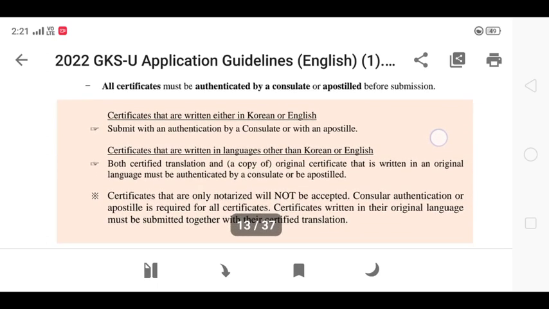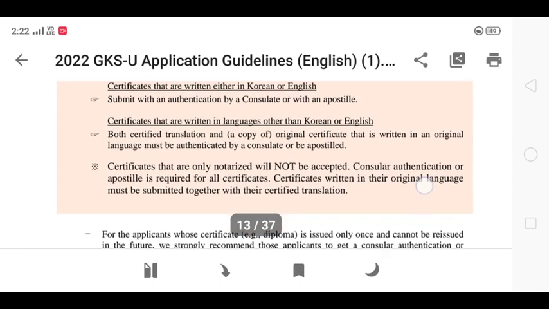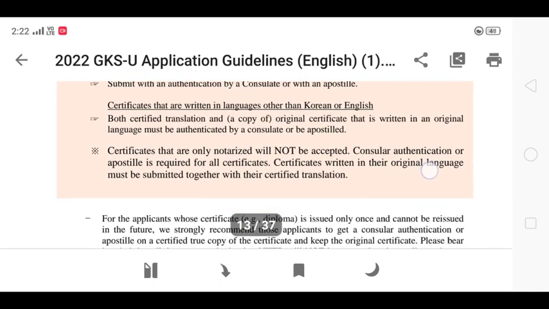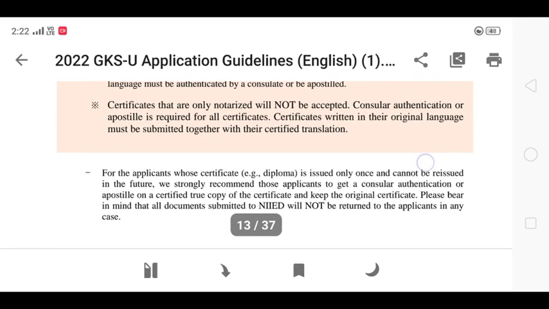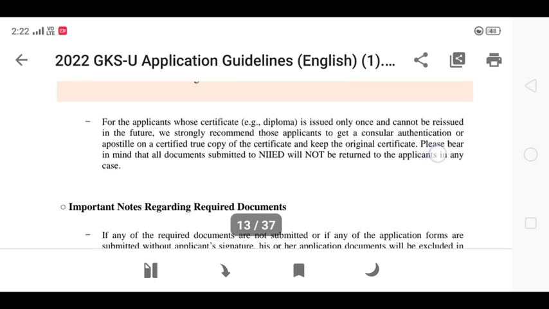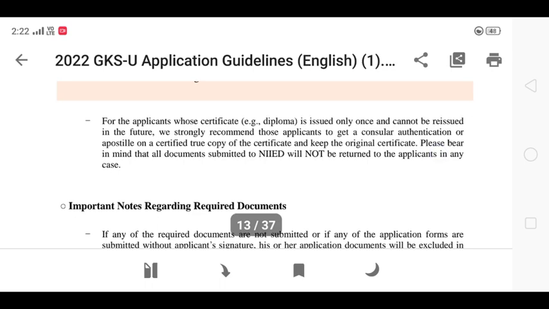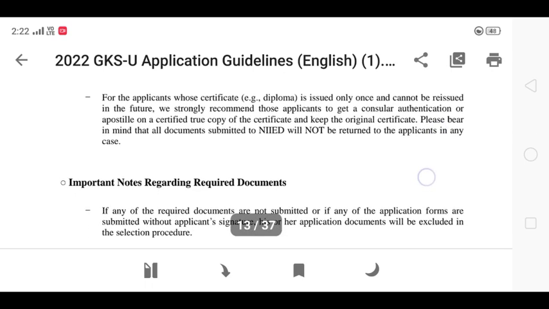Then there is a mention over here that if you have any certificate which is in a language other than Korean or English, like many students who belong to certain regions of India where they use their state language on their official documents, like their birth certificate or some other certificate. So if you have a certificate which has a regional language on it, or a language other than Korean and English, what you can do is translate your document.